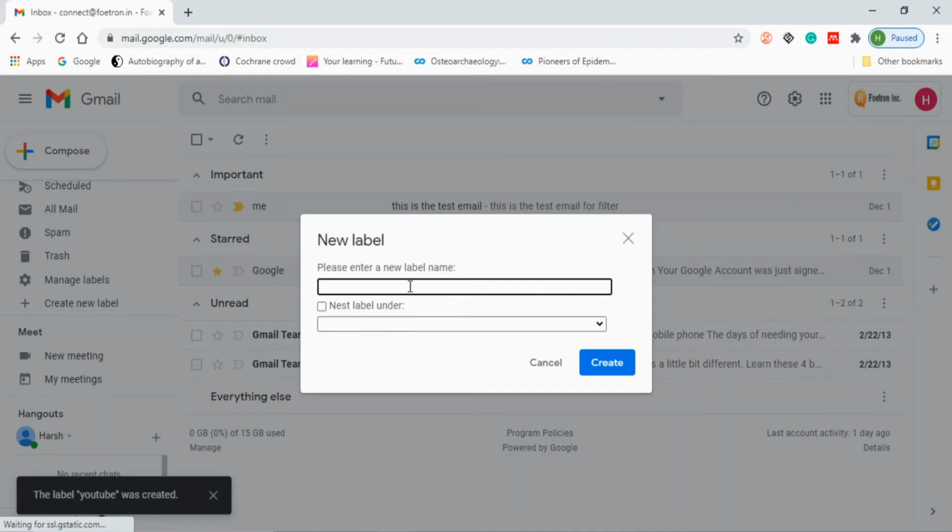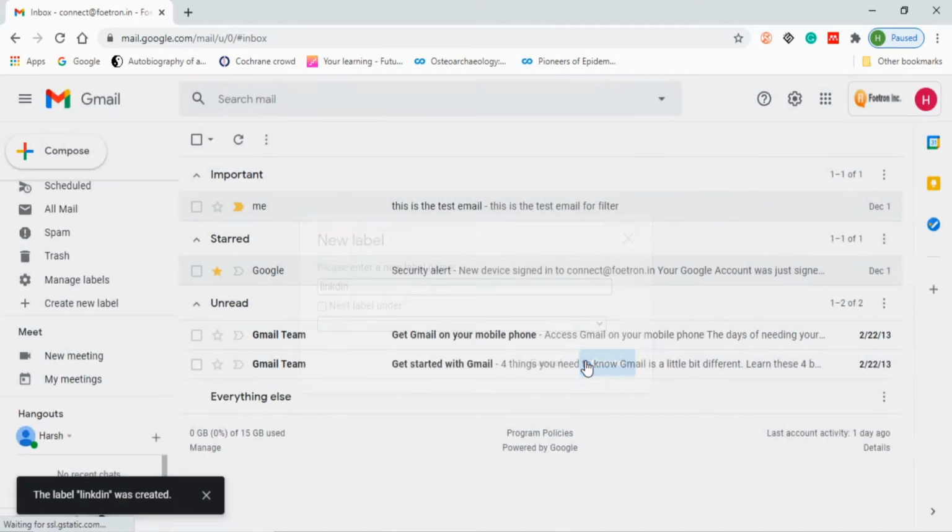After that, we will go to Instagram. Create new label. You will go to Facebook. Create. After that, you can go for LinkedIn. And this is what we have done.